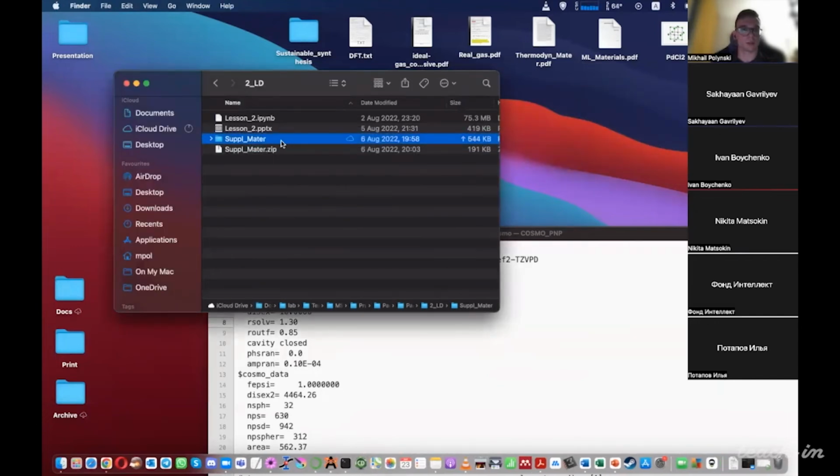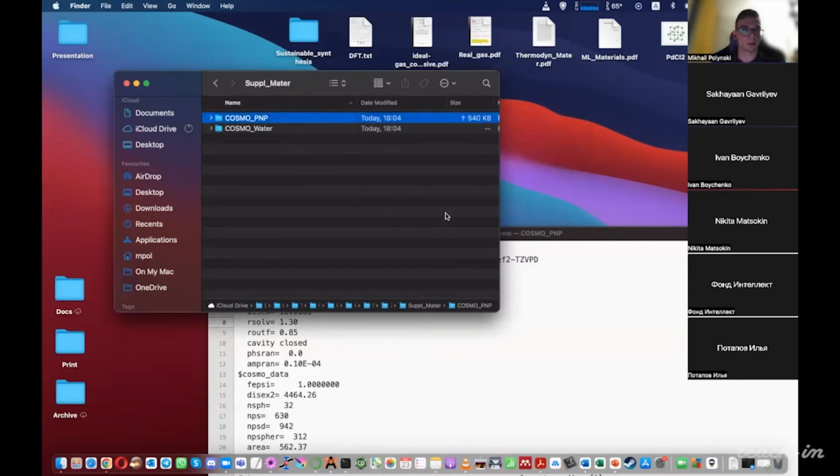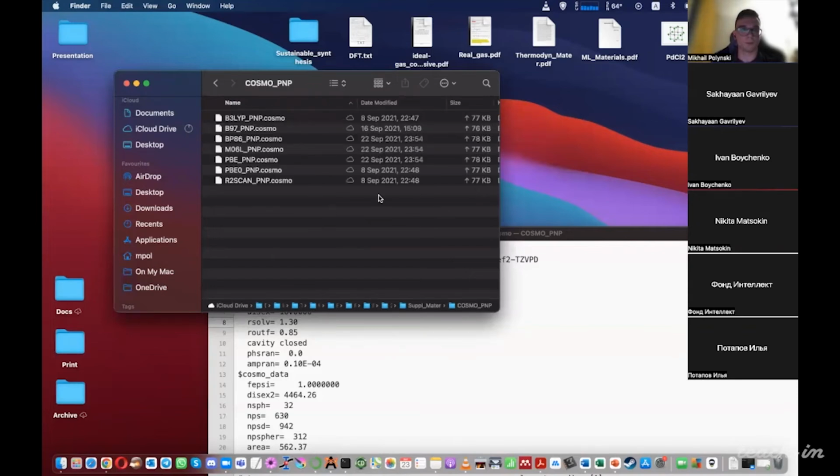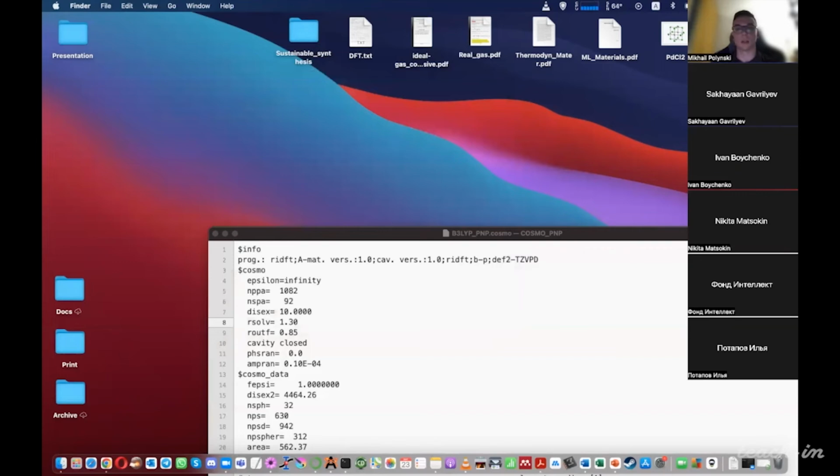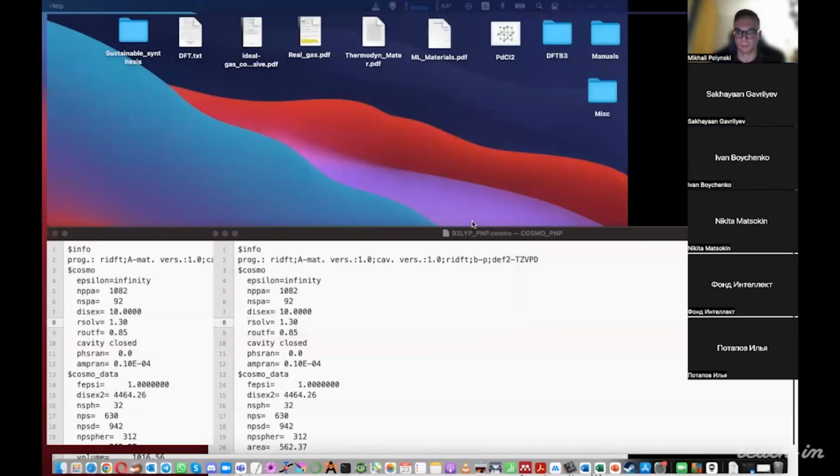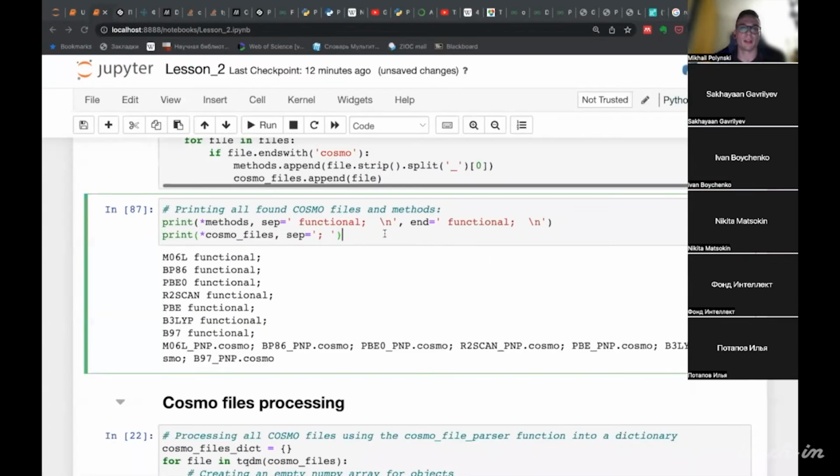Here, for example, we have the COSMO files that we have found. These COSMO files were obtained via quantum chemical modeling. So they encode molecular polarity for COSMO.